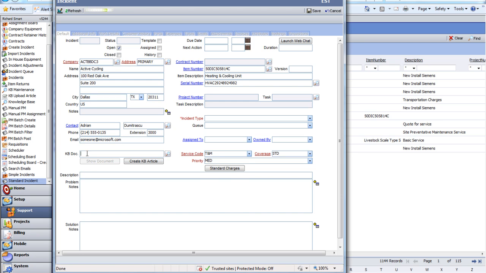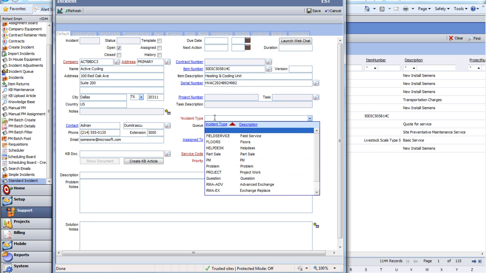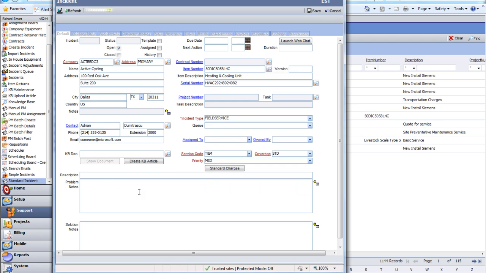The system supports a full knowledge base, so we can search for previous solutions to this specific issue. It also fully supports all the help desk functionality with the knowledge base as well. In this case, we'll say this is a field service call, so that will place that in the appropriate call queue, and we can put in our description of the call